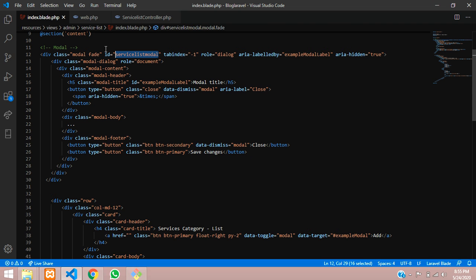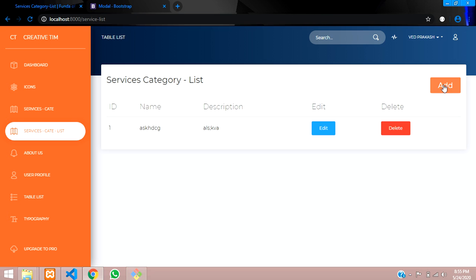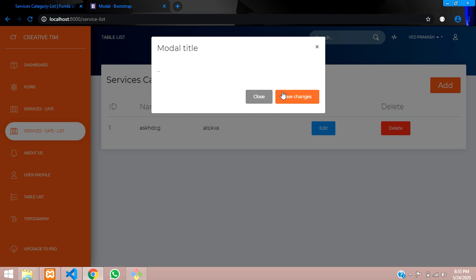So copy this ID and paste it at your target. That's it. Save this. So this button is over here. Okay, see here, this is the add button. Now let us reload the page, and now click on add, and a modal comes up.